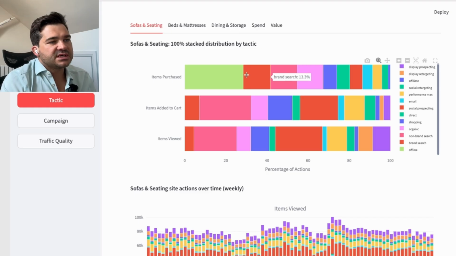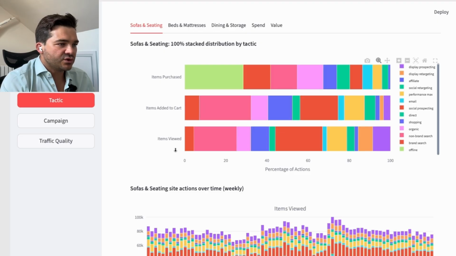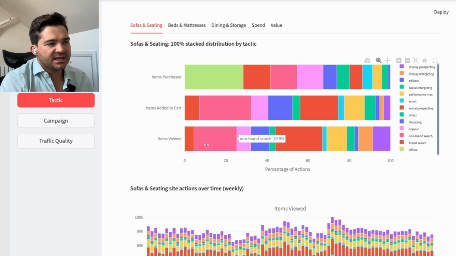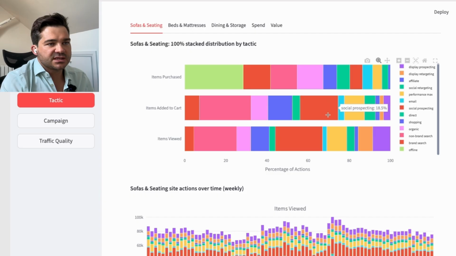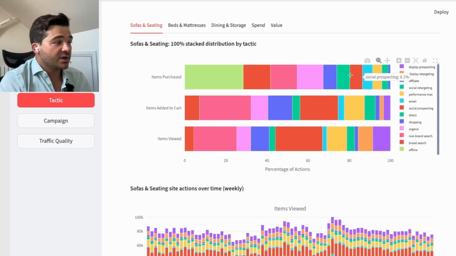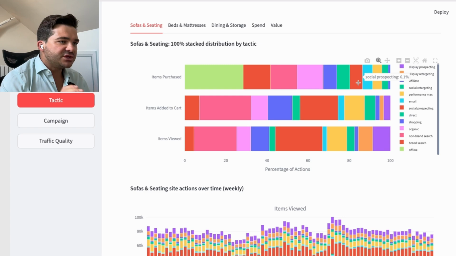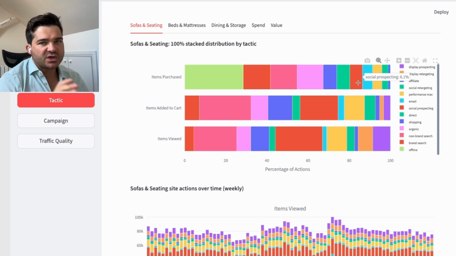And what you do see is that the brand search part, for example, is more visible on the item purchase. And then the higher you go in the funnel, the smaller it is. And you have actually the opposite scenario with social media. Social media tends to drive a lot of traffic, some intent, and then it is very close on the purchase part. But the problem is, and this is really showing the power of last touch attribution, because when you use